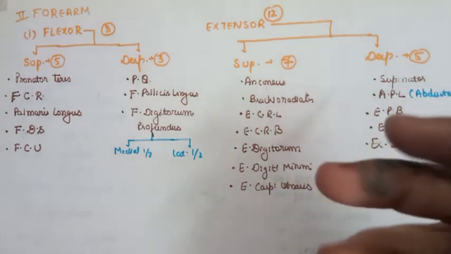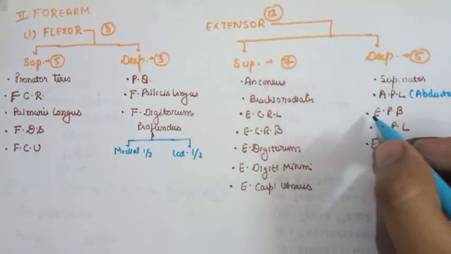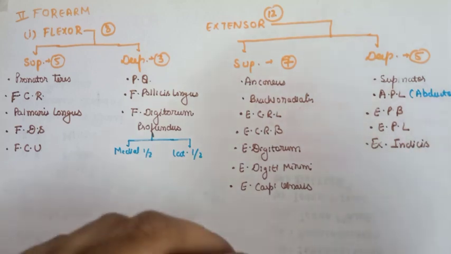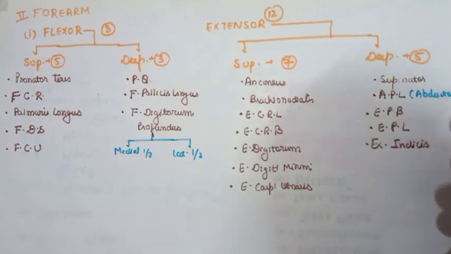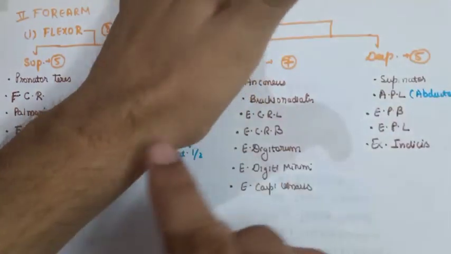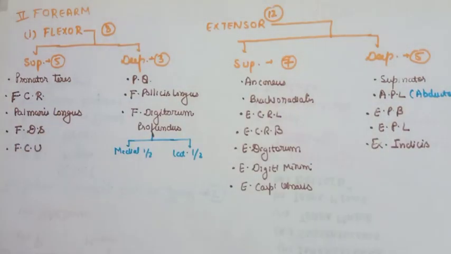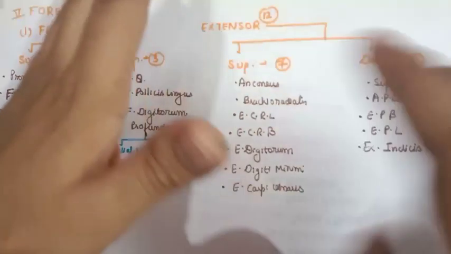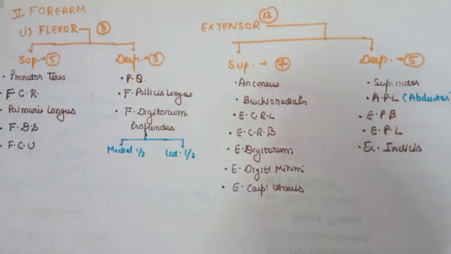pollicis brevis. Pollicis means related to the thumb. Okay, so abductor pollicis longus means related to the thumb, extensor pollicis brevis, extensor pollicis longus and extensor indicis. One thing to tell you about these three muscles, the center three muscles, is that these are the muscles of the anatomical snuff box. You can see there is a depression over here. This is called the anatomical snuff box and is used as a snuff box by drug addicts. Okay, so these three are the muscles of the anatomical snuff box. The details I will be uploading in a different video when we discuss the anatomical snuff box.